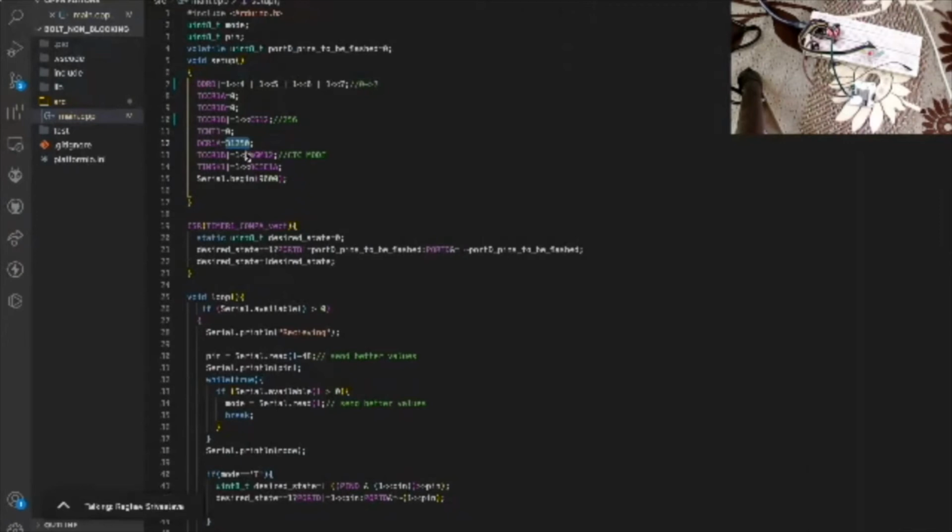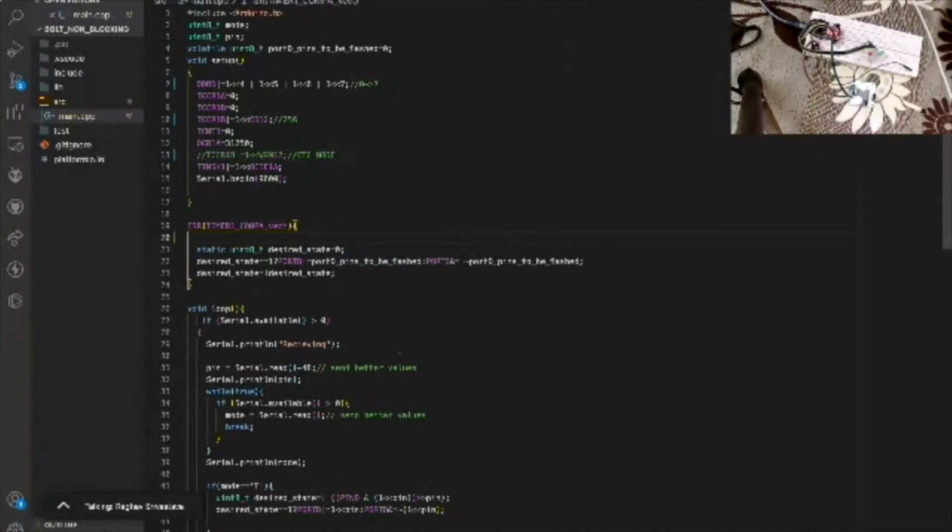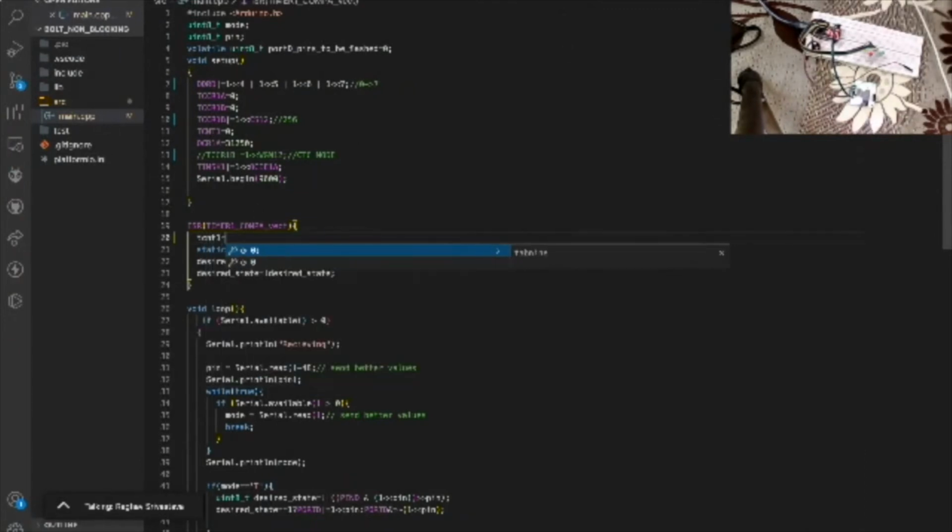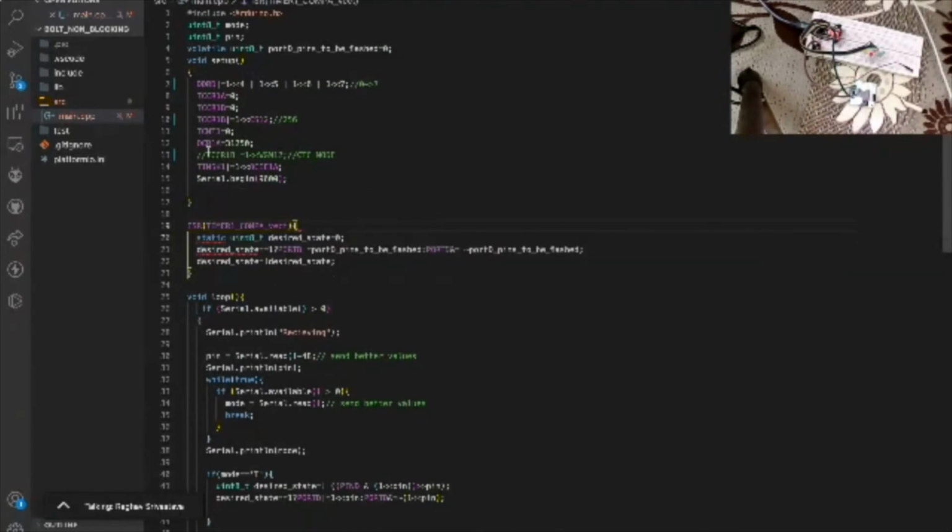Next, we enable the clear timer on compare match mode. Why have we enabled this? Because whenever there is an interrupt, we don't have to manually initialize the timer. If we don't add these lines, then on every interrupt, in the interrupt service routine, which I will talk about in a minute, we have to set timer counter 1 equals 0 manually. But we don't want to do that manually. We want that to happen automatically. That's why we are setting this bit, which enables clear timer on compare match.